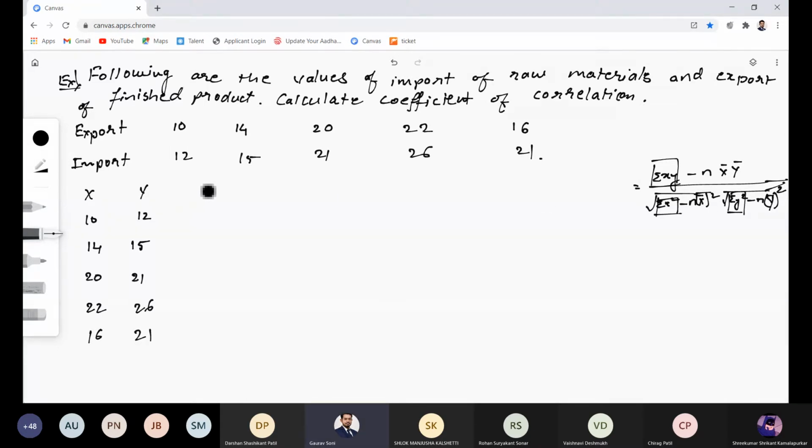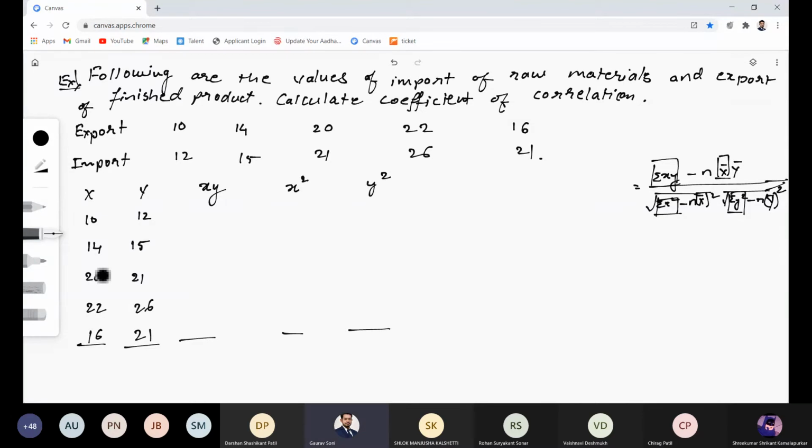So I will have the columns for xy, x square, y square. Then I will have summations of them. And before that, we also need x bar, y bar. How do we find x bar, y bar in this case? Add all the entries divided by the total number of entries. So that is